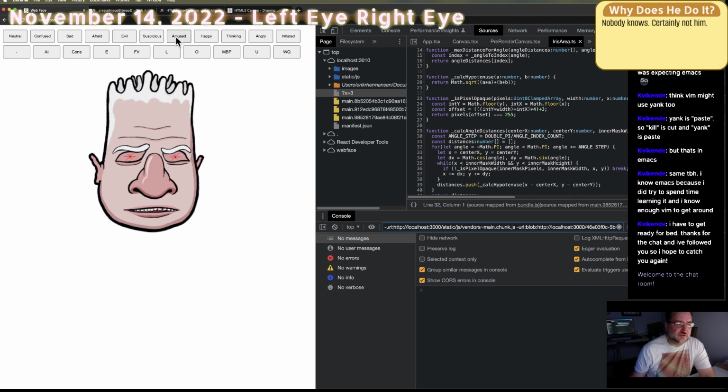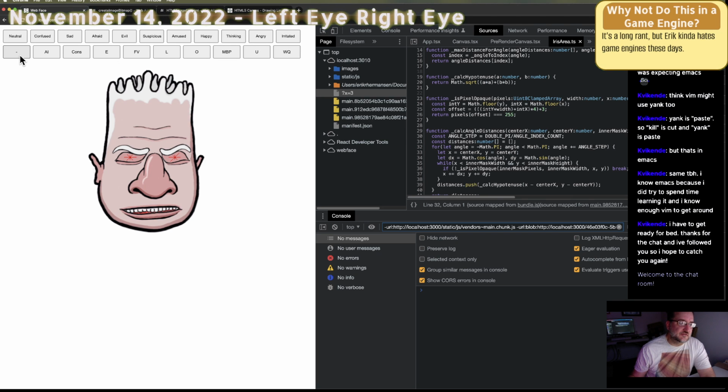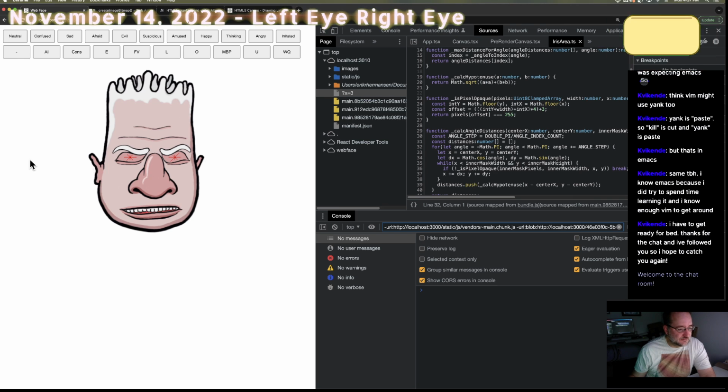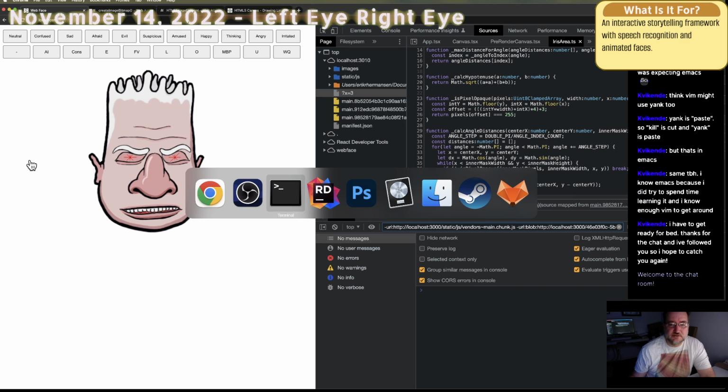All right, afraid, evil, suspicious, amused, happy, thinking, angry, irritated, and then the mouth movements, which I had a few days back. And this rest thing gives the bottom half of the face permission to show the emotion up top. So the emotion affects the eyes up above, and it also affects the mouth below. Okay, so the part that I did, which is, if I may compliment myself, a little bit clever, is this